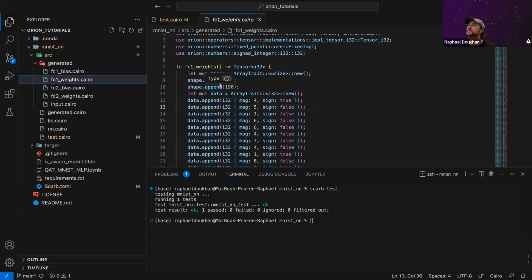So do you deploy on Cairo? On chain, we are trying different approaches for the moment. Until now, I was really focused on Orion and building the first operators. We are trying different approaches on how to deploy it and how to represent the smart contract for weights and biases. Where do we store the weights? Do we hard code them in the smart contract, or do we add them in the storage, or do we create another contract only for weights and biases?